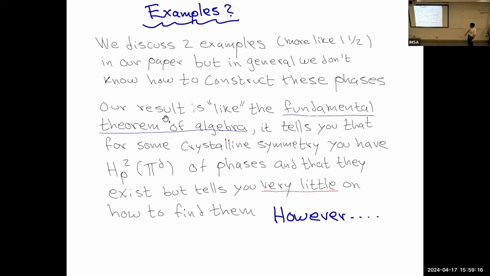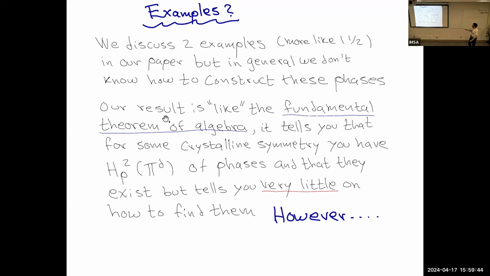Okay, and you could then say, okay, you haven't shown a single example. You haven't given me a Hamiltonian and shown that it's in one of these non-trivial phases, right? And I have two examples that I'm not going to show because I think they're not very illuminating. But in general, this is one big criticism you could make of what we're doing: we know how to compute the groups and how to classify them.